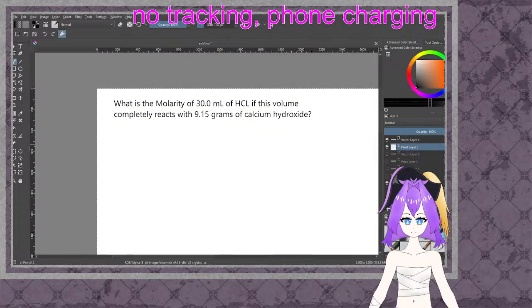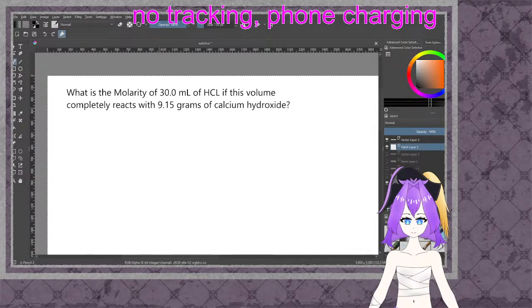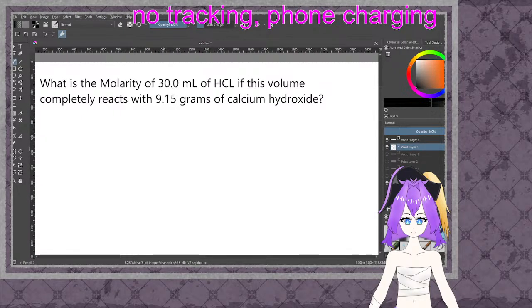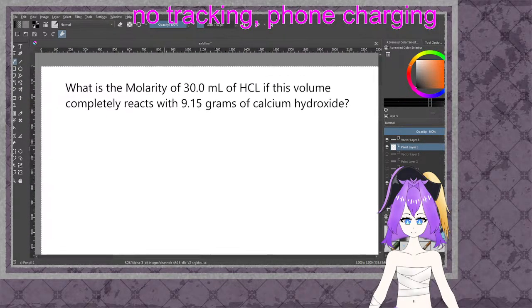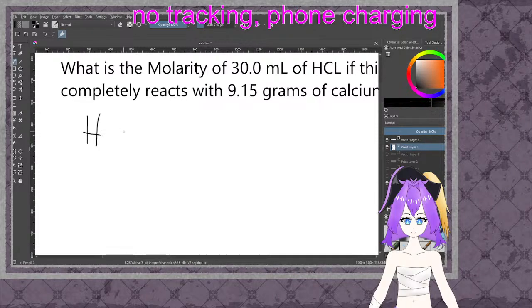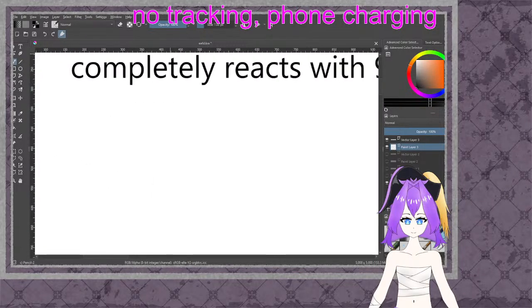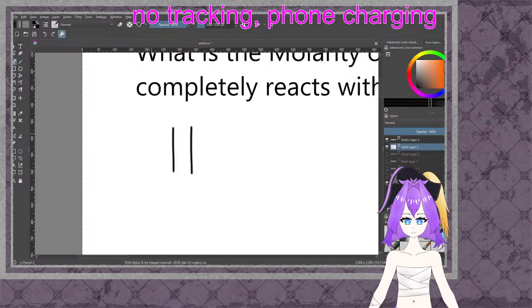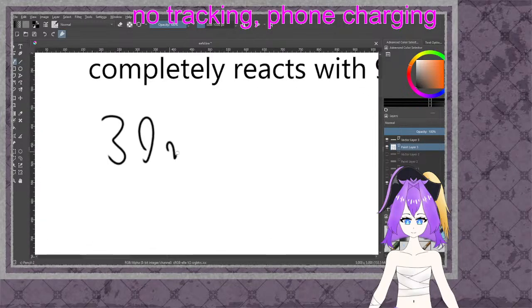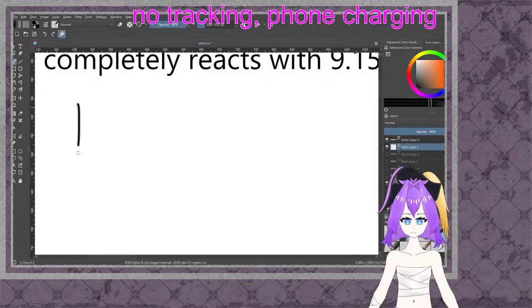All right. And now for the third question. What is the molarity of 30 milliliters of hydrogen chloride if this volume completely reacts with 9.15 grams of calcium hydroxide? So first off, it doesn't tell us we need to write the equation, but we need to write the equation. So hydrogen chloride, let's give myself a bigger line weight actually. HCl. Actually, I don't need the 30 milliliters here. So HCl,